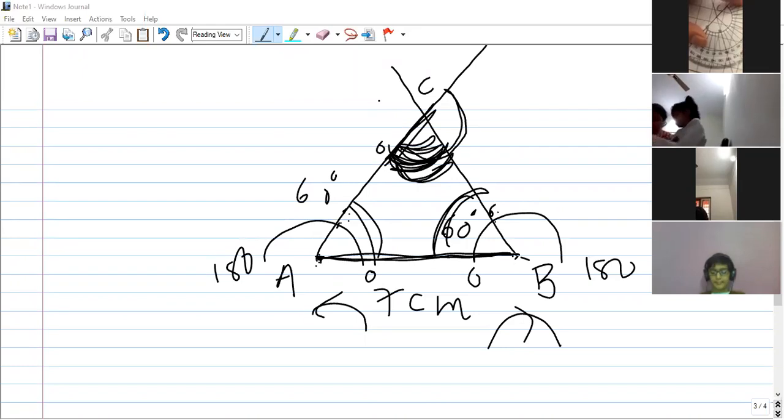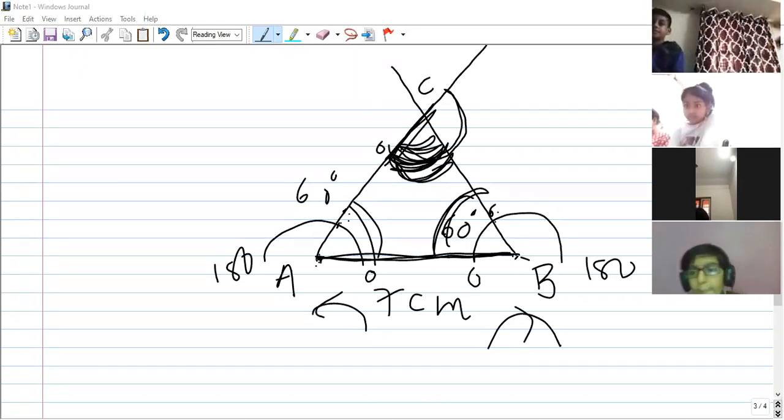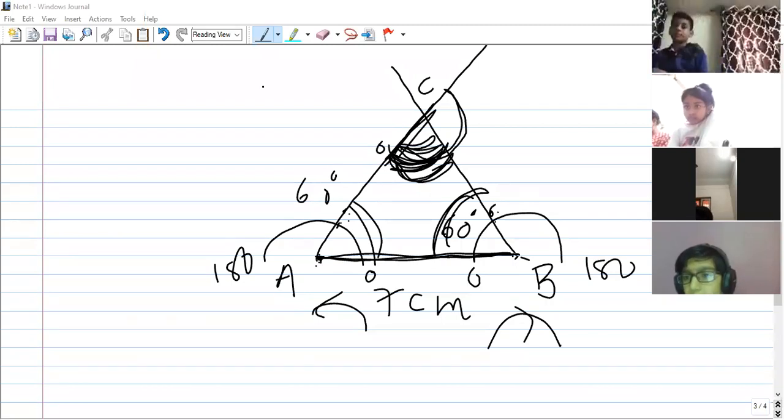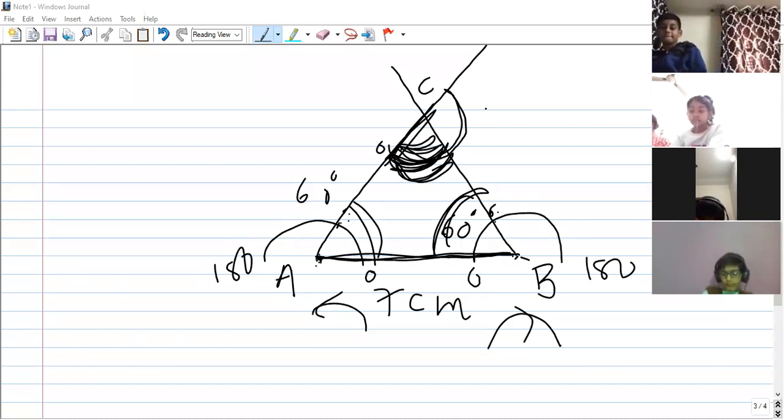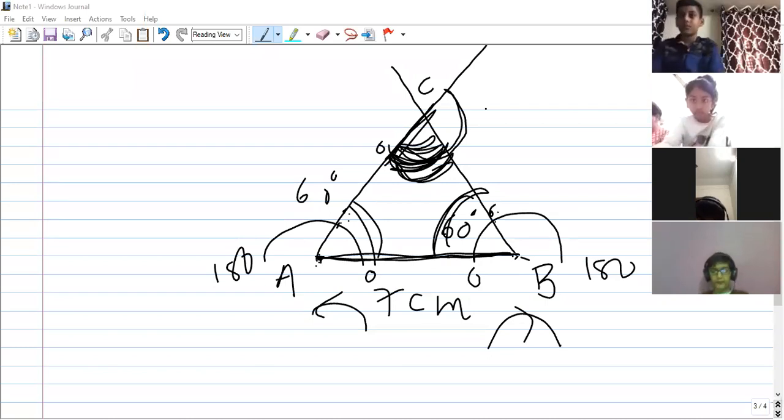Let me spotlight for everyone. Right, everyone, you can see it on your screen. Look at how beautiful it looks when all the three angles are 60. Everyone understood? So when you draw two angles with 60 degrees and close it up with the third angle, it will always be 60 degrees. Now check the length.